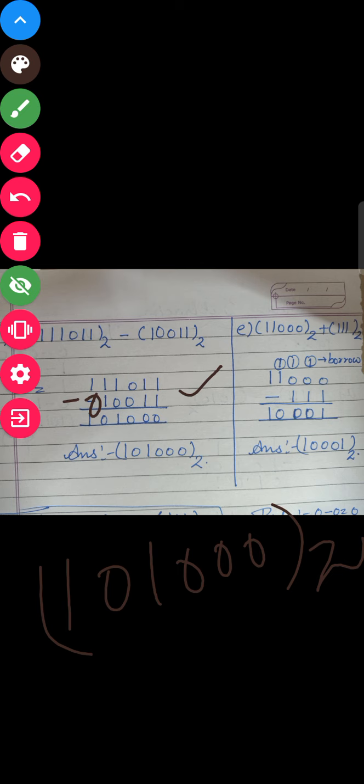Whenever two values are the same, 1 minus 1 or 0 minus 0, the result will be 0 in that case. And next 1 minus 0, because here we are not having any value, it will be counted as a 0. So 1 minus 0 will be 1. So the result will be in that case 1 0 1, 3 times 0 and 2 will be the base of that sum. So next we are having the E part of this page.